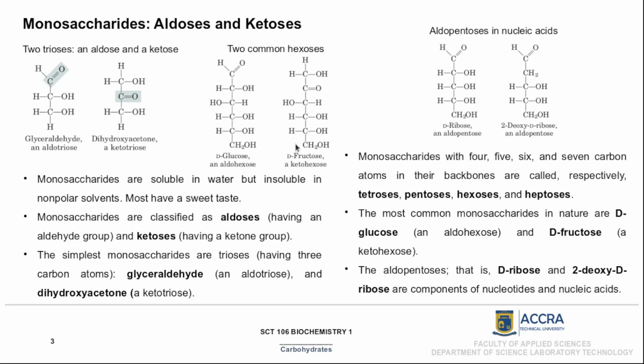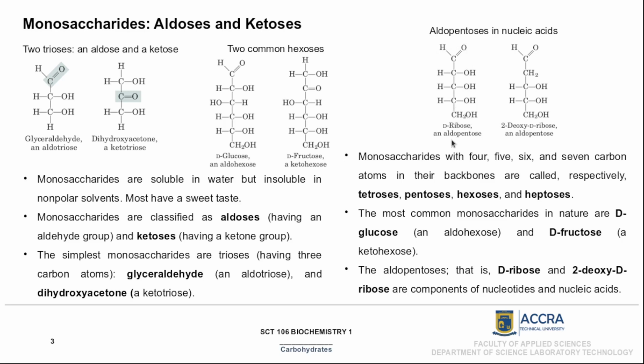Fructose is a ketohexose because it has the ketone group here in its structure, and it's made up of 6 carbons, and thus it is a ketohexose. Now, the aldopentoses that you find in nucleic acids and nucleotides, that is in RNA and DNA, are aldopentoses, and so you find ribose made up of 5 carbons, 1, 2, 3, 4, 5, and it's having an aldehyde group, and thus it